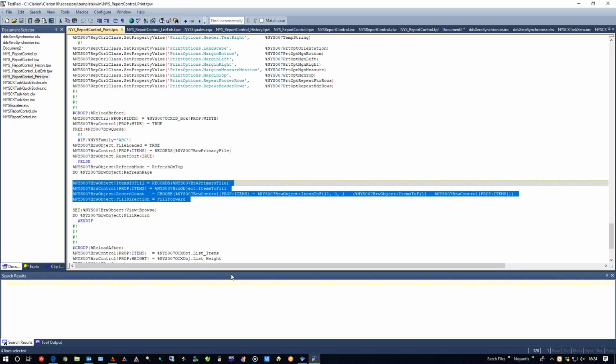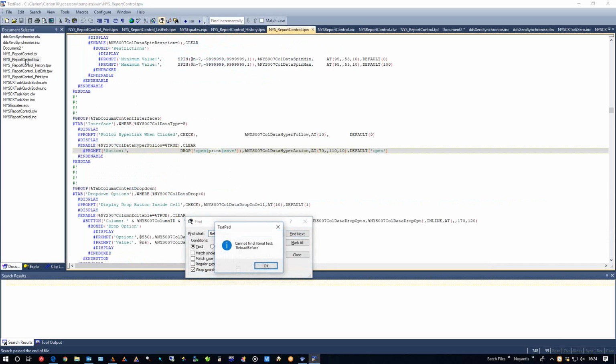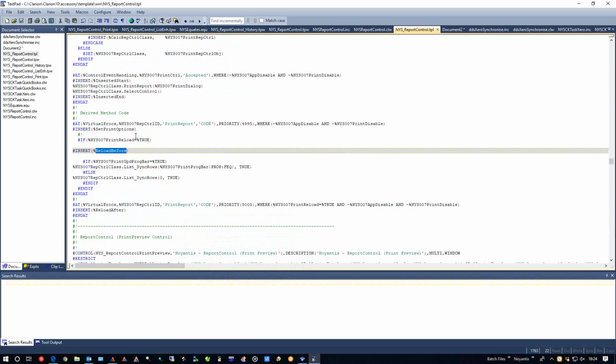Where is this going in? Records, reload before. Let's have a look at where that's called. Nothing in there. Okay, so when you do the print report, and it says, okay, if a reload is true, then it will go off, insert that code, forget the thing about the progress bar, and then we have a reload after.